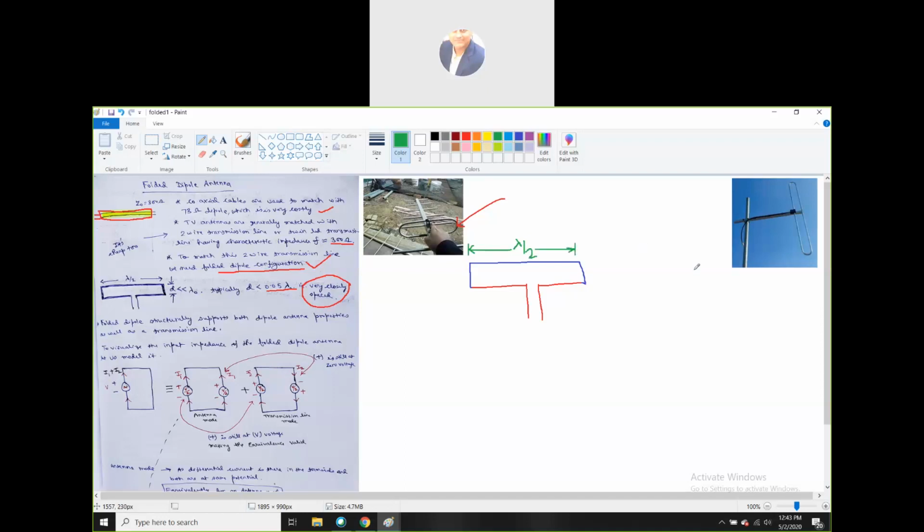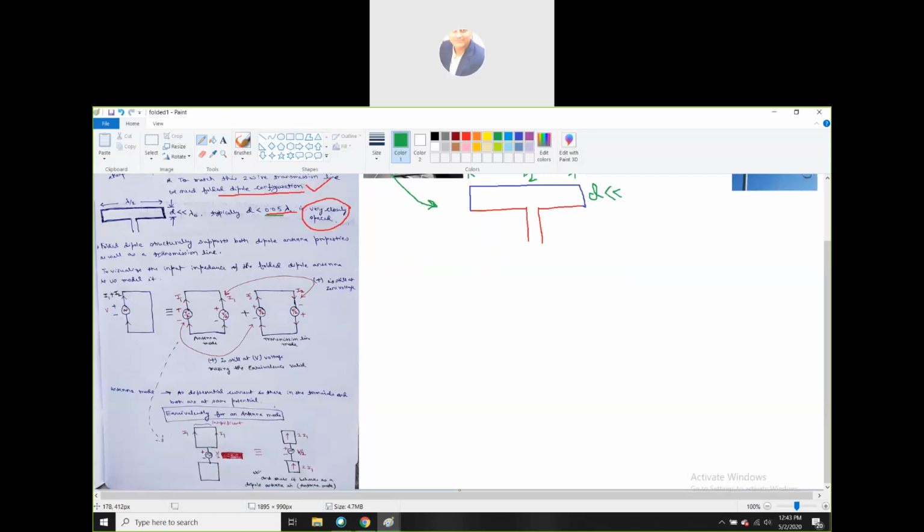And this spacing d is very less, about 0.05 lambda naught. As you can see here, this is a single folded configuration. This is in the Yagi antenna configuration. Right now we are talking of this one. I will come to why these two antenna configurations are different after finishing this, but let me first elaborate the points.